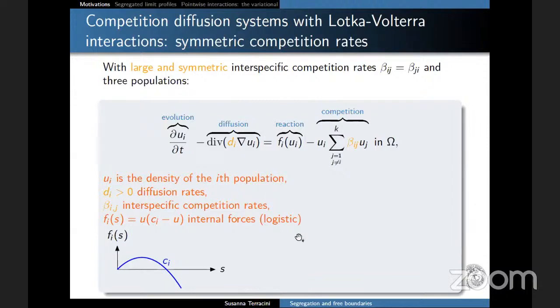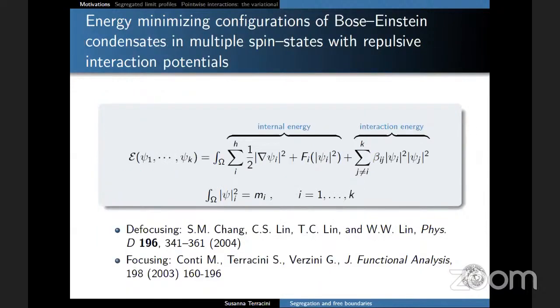Actually, they will not play any role in what I'm going to discuss in this talk. A related problem, even though it comes from completely different applications, are nonlinear Schrödinger systems of equations